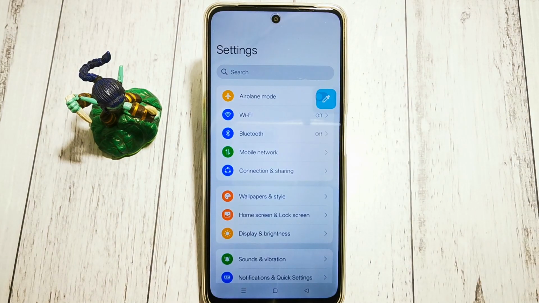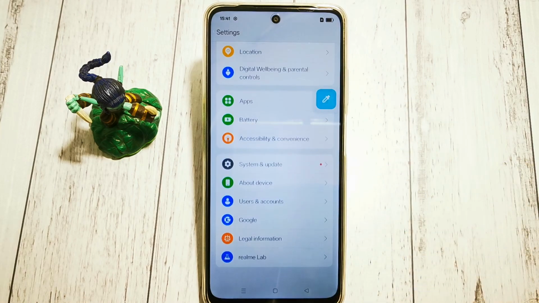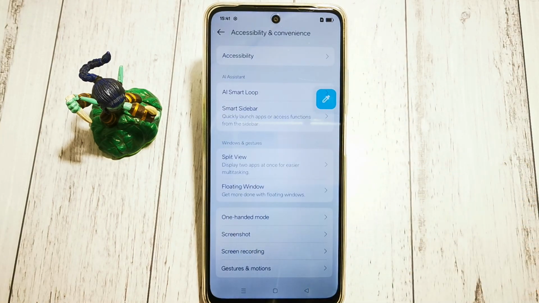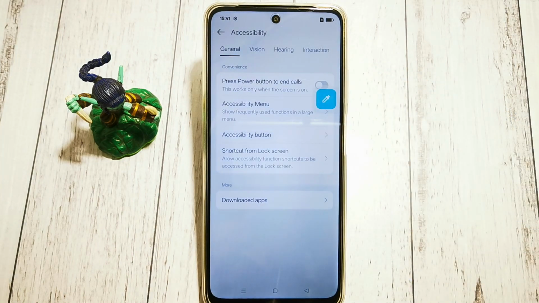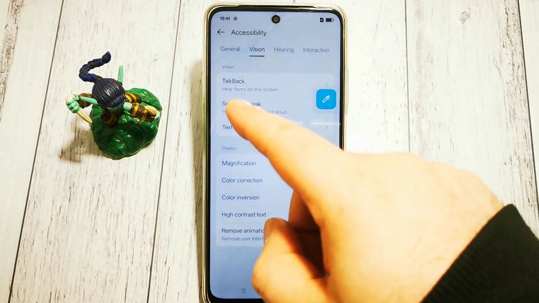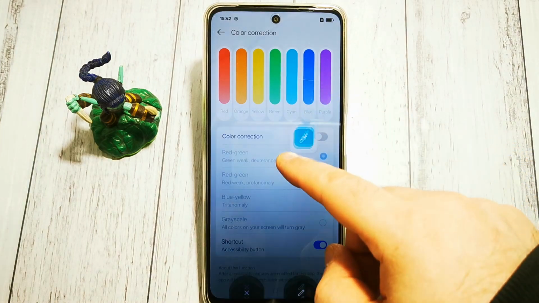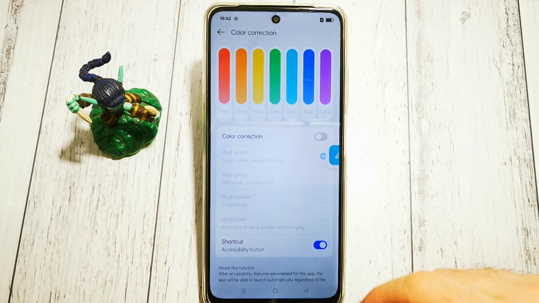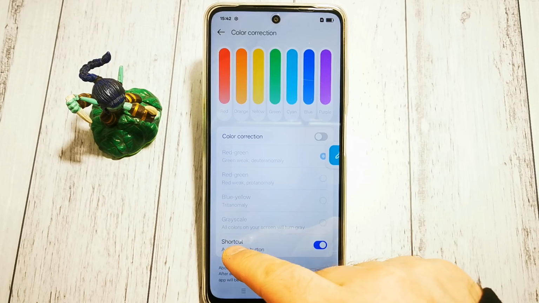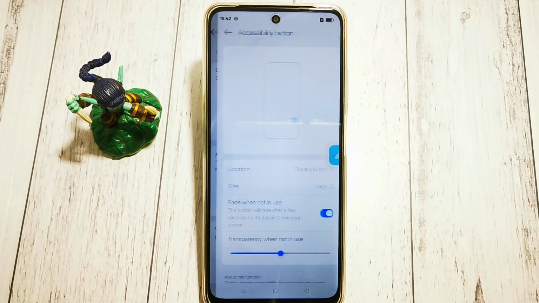So first of all we need to go to our phone's settings. Then in accessibility and convenience we need to tap accessibility, then vision tab, and here we have our color correction menu. Here is the button that we can customize, so we need to tap the shortcut options, then more options,